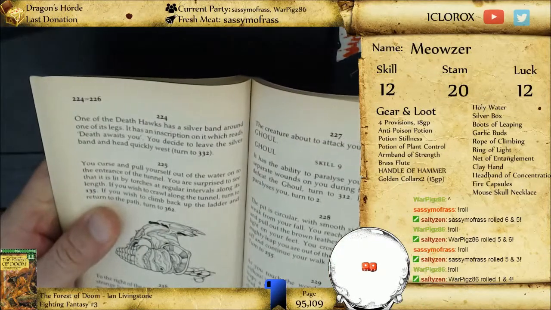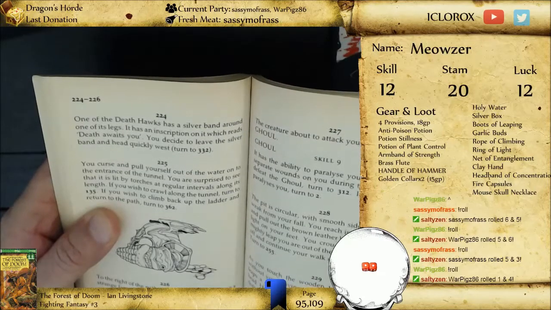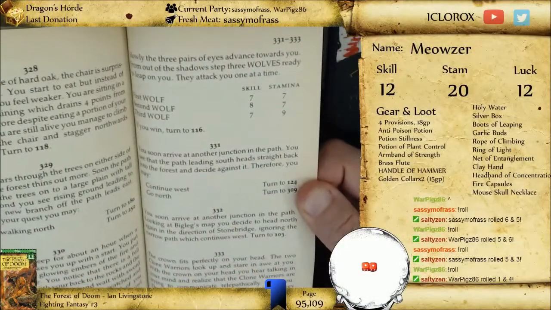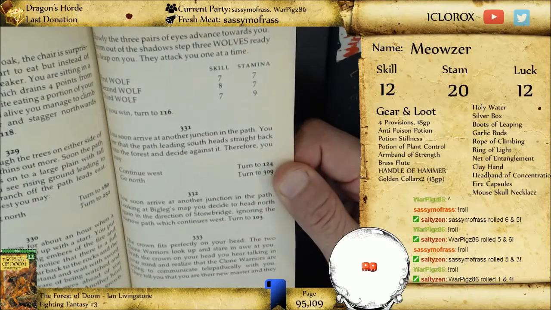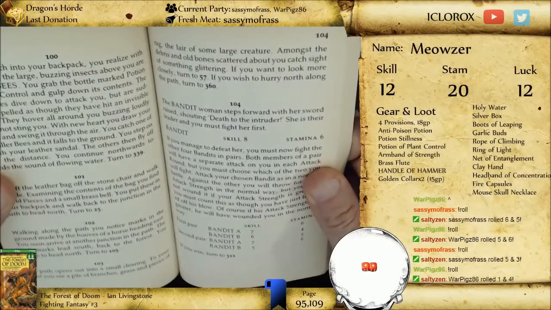One of the DEATHHAWKs has a silver band around one of its legs. It has an inscription on it which reads, "Death awaits you." You decide to leave the silver band and quickly head west. You soon arrive at another junction on the path. Looking at Big Leg's map, you decide to head north in the direction of Stonebridge, ignoring the narrow path which continues west. 103. It opens into a small...